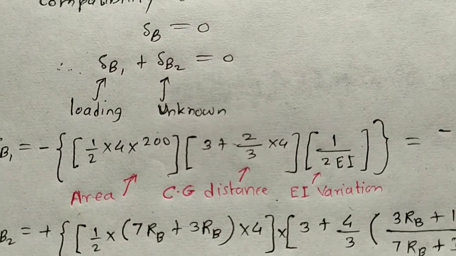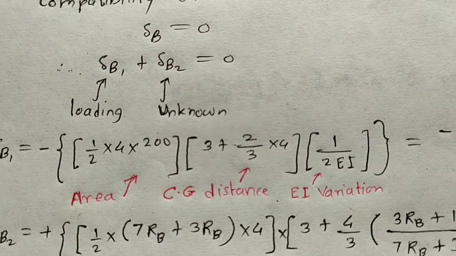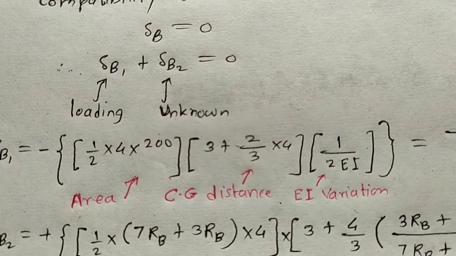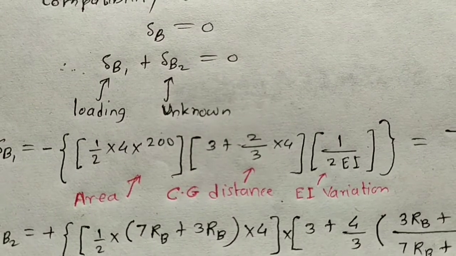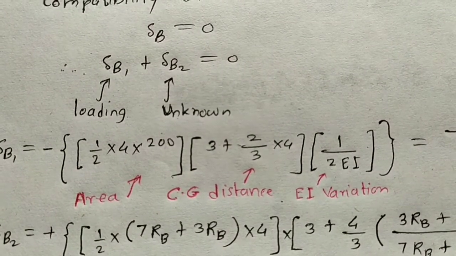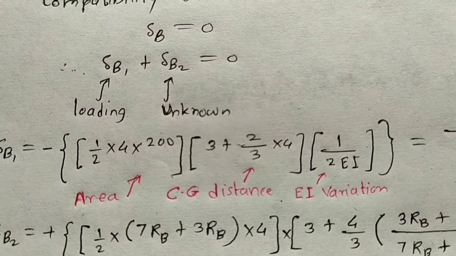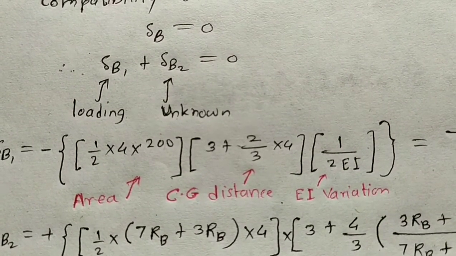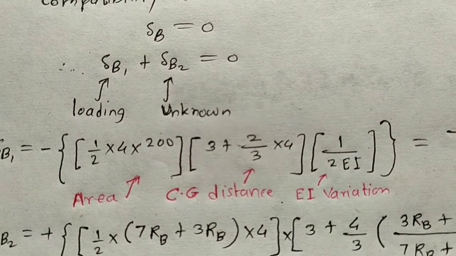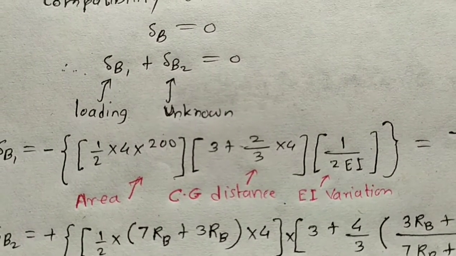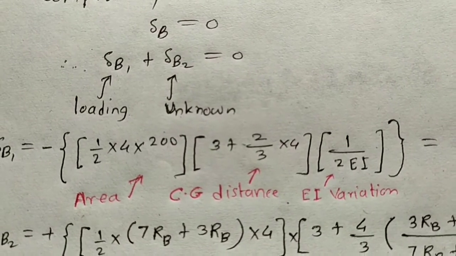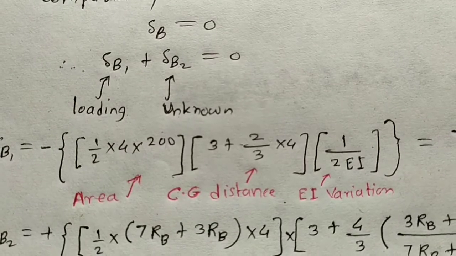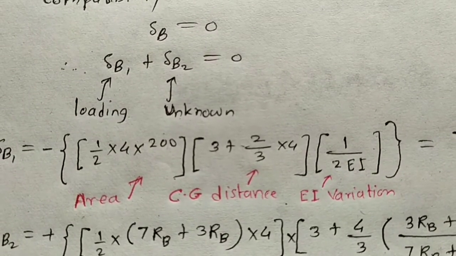Now to get delta B1 I will use the moment area method. So what is the moment area method? Of course, delta B1 is the displacement at point B because of the application of loading. To get that deflection we just apply the moment area method. Application of the moment area method is nothing but getting the moment of area of the M upon EI diagram about